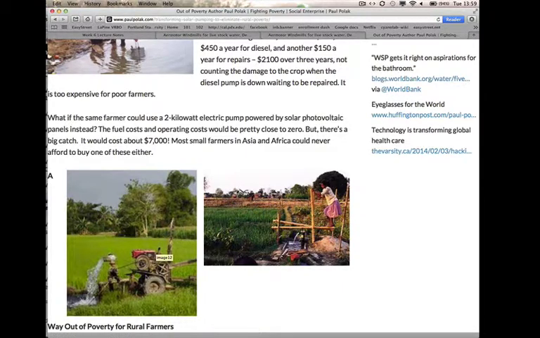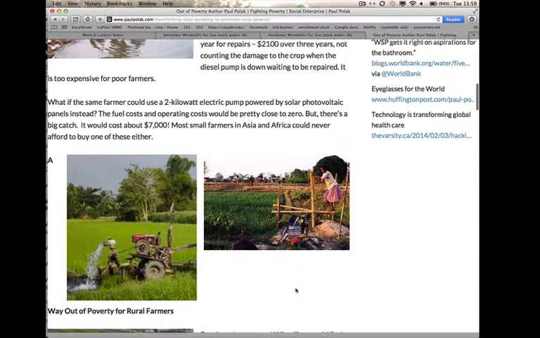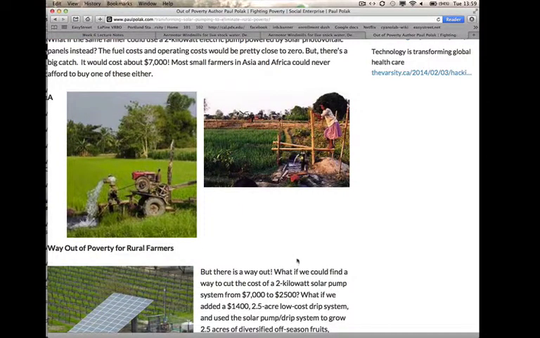One is a small diesel pump that would take a lot of effort to get there and maintain. But actually, one of the appropriate scale technologies that he developed and sold to people were these treadle pumps. It's a little hard to see in this picture, but a treadle pump is like 2 cylinders, and people stand on the levers that control these pumps, and just by moving their legs up and down, they pump water, and they can irrigate about an acre. An individual can irrigate about an acre,